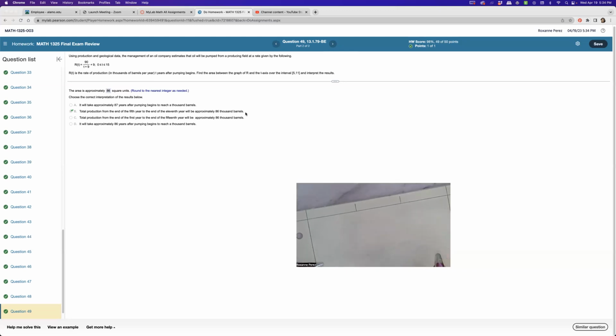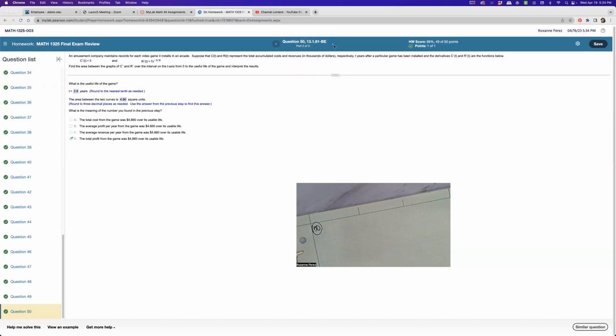All right, we made it. Question 50. Let's see what we got going on. An amusement company maintains records for each video game it installs in an arcade. Suppose that C of T and R of T represent the total accumulated cost and revenue T years after a particular game has been installed, and the derivatives C prime and R prime are the functions below. What is the useful life of the game? So useful life